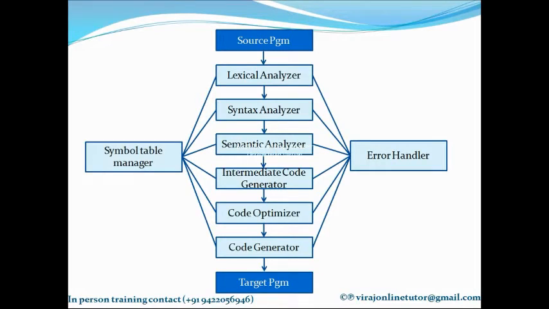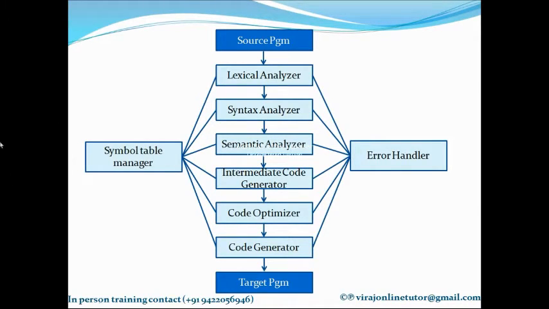So these were the different phases of the compilers, and one common thing that we have noticed in all these phases is the symbol table manager. There is a symbol table, which is a data structure that is used by all the phases of the compilers. That's why I have arcs going from all these phases to the symbol table. The symbol table keeps track of all the information that is required or which is gathered while compiling your source program.